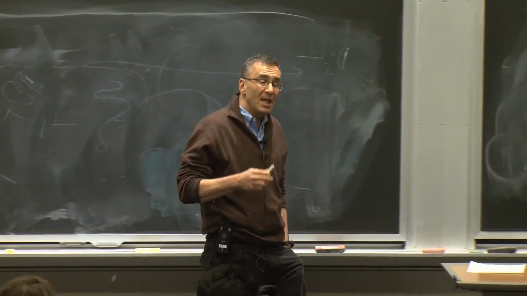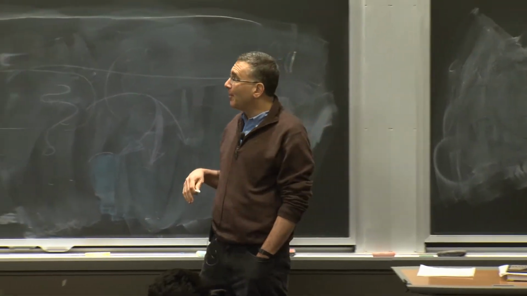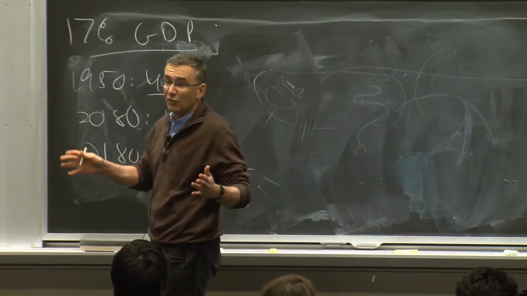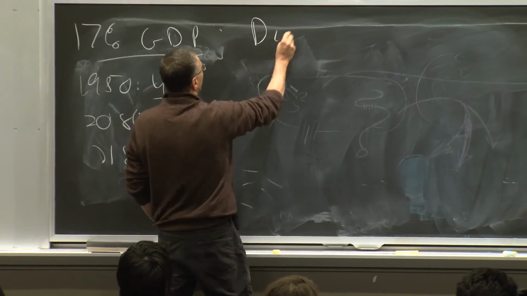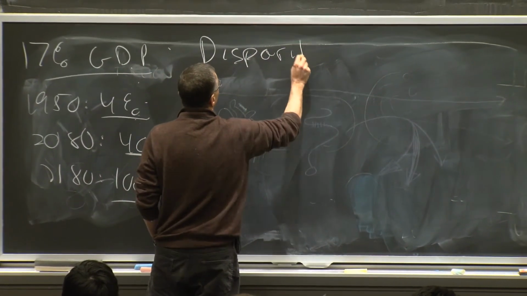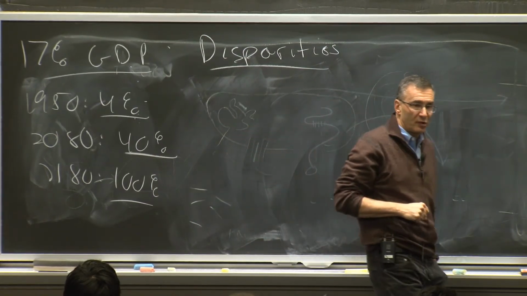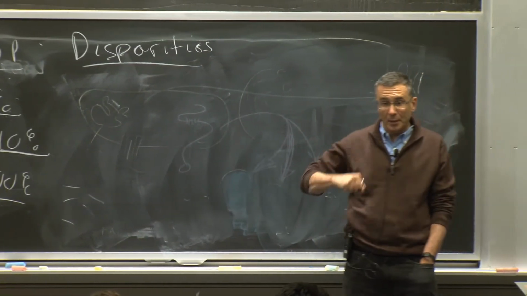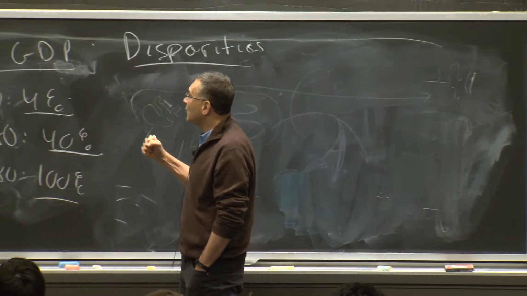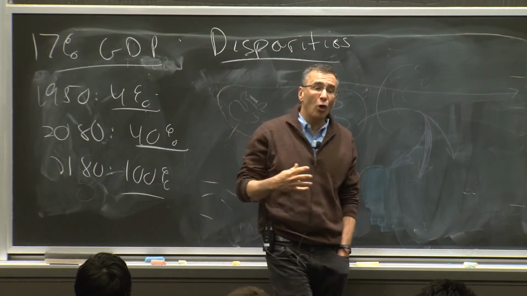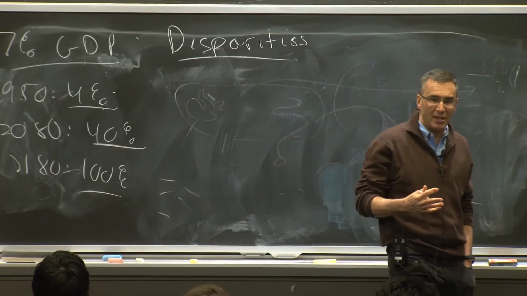The problem is really twofold. The first problem is a heterogeneity in outcomes, that we've got enormous disparities. So the big problem is what we call healthcare disparities, that there are groups in society who are really not benefiting at all from this enormous expenditure. That's problem one. Problem two is that while it's worth it, on average, it's also true that we waste a lot of what we spend.